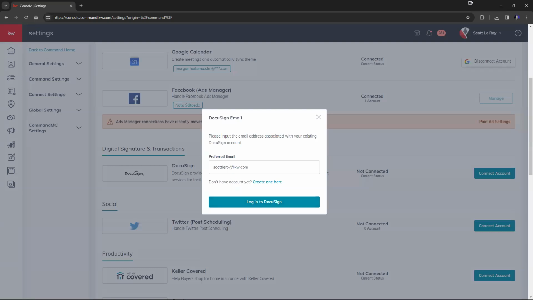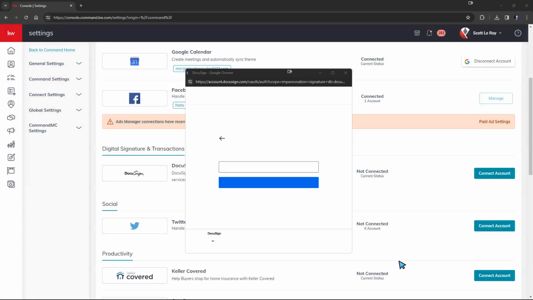So in this case, I'll just simply delete Scott Leroy and add myself. And then I'm going to click log into DocuSign here. Now you'll get a pop-up right here to complete that password. Now remember, when you first send that registration invite, you're going to create that password through DocuSign.com. And then once we come back here and finish that connection inside of KW Command, we'll use that same password